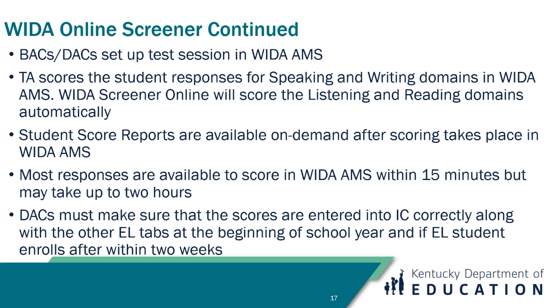The student reports are available after scoring takes place in all four domains, though for kindergarten you're only going to take two of the domains at the very beginning. For the WIDA Online Screener, your score reports will be in WIDA AMS, and for kindergarten, you will see those score reports on the WIDA website. Most responses are available in WIDA AMS within 15 minutes, but it could take up to 2 hours